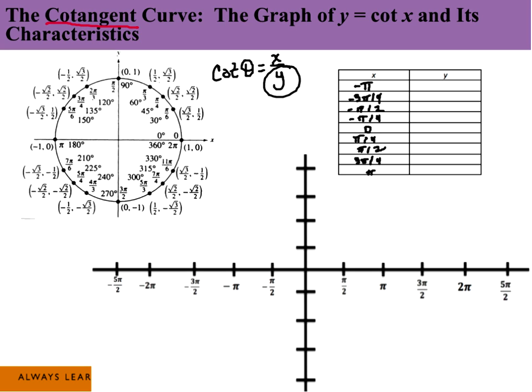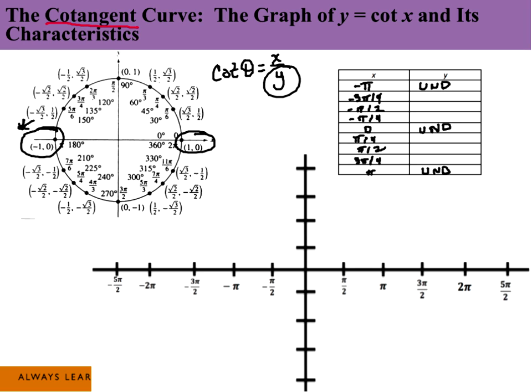So I am undefined at pi, I'm undefined at 0, and I'm undefined at negative pi. So negative pi is going to land you at pi as well. So I'm undefined here,